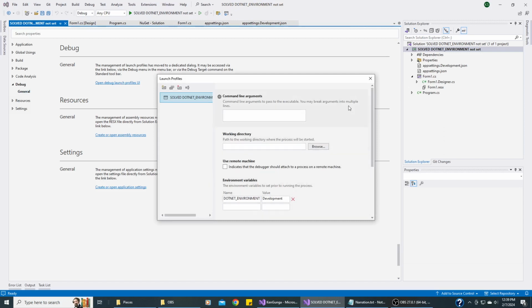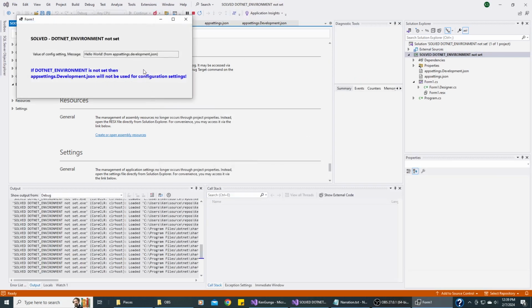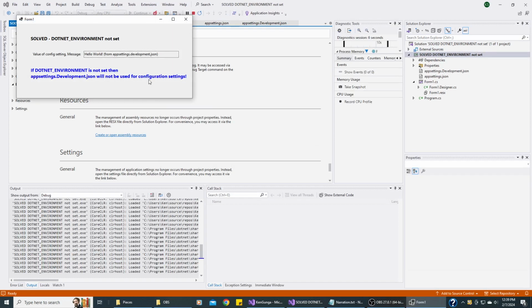And now when we go and run this again, we should get what we expect. So here we go. And now we're accessing the appsettings.Development.json